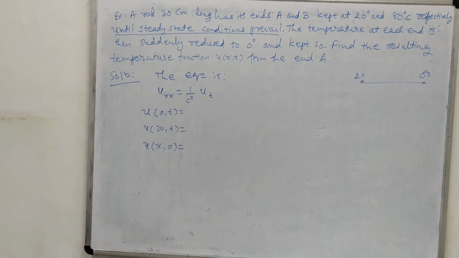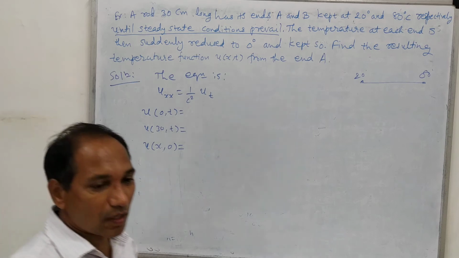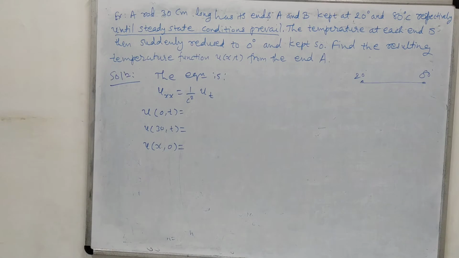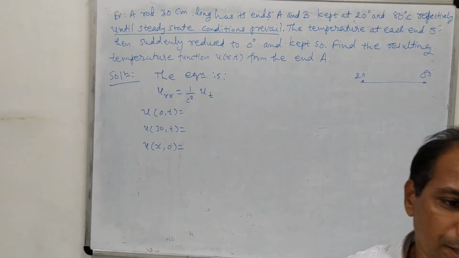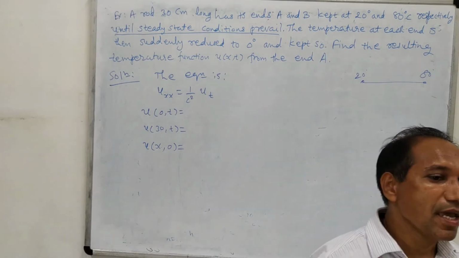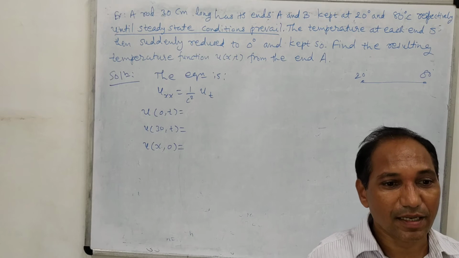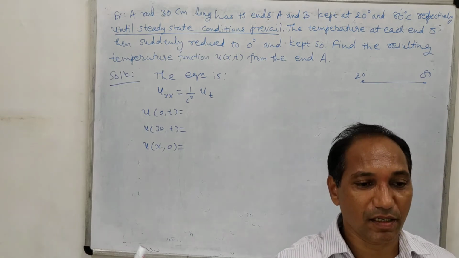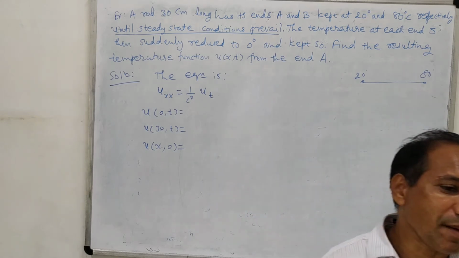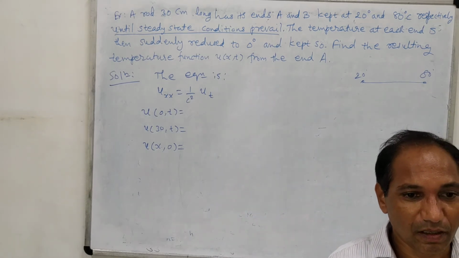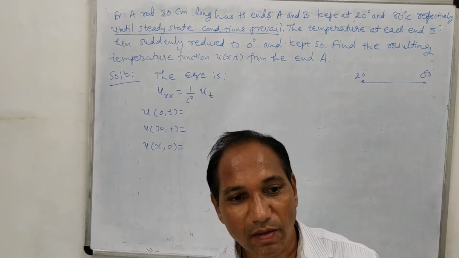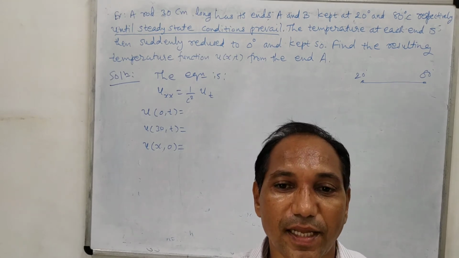But before this, see, what does steady state condition mean? Steady state condition means that the observation regarding the temperature distribution has not been started yet. That means our time has not started to take observations. Whatever the condition of the temperature in the rod before the temperature varies is known as the steady state condition.